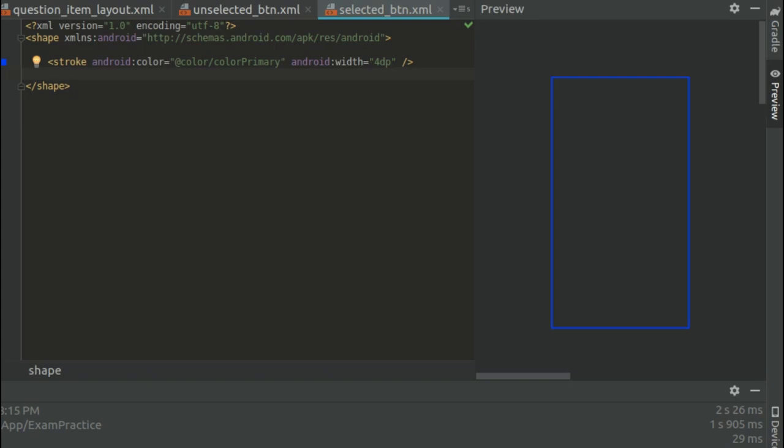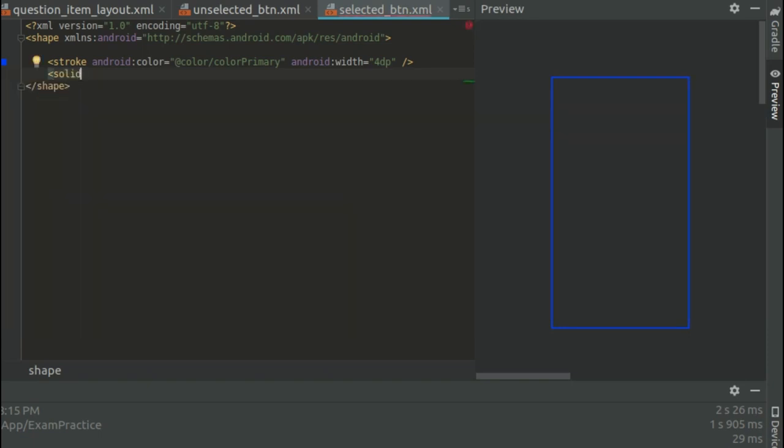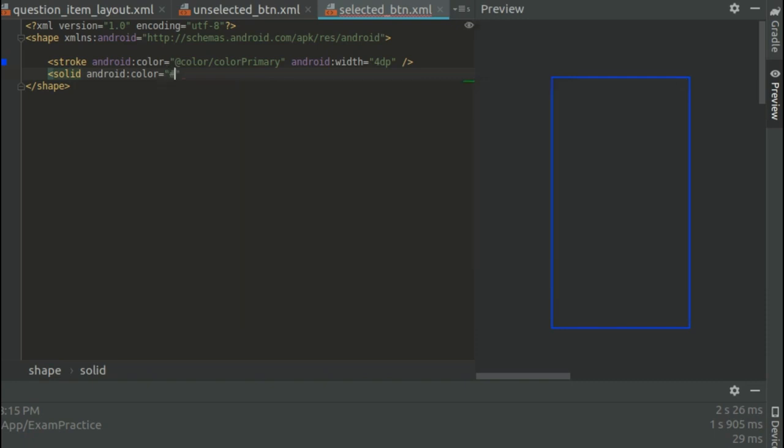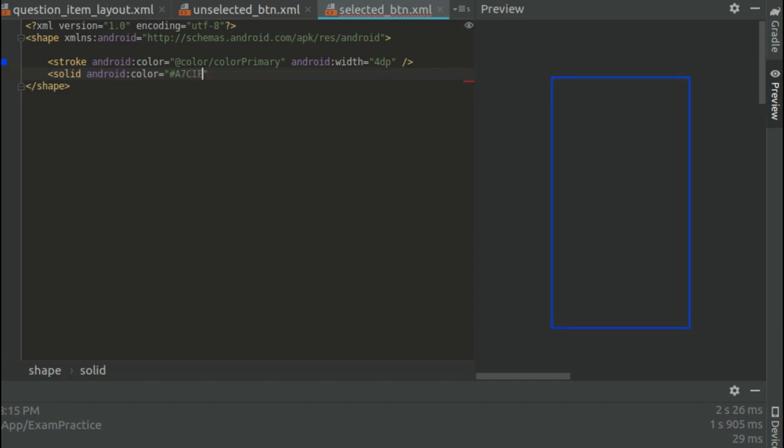Then inside the boundary we will fill the middle with a light color. So solid color, we want a light blue. So give it a color code, A7